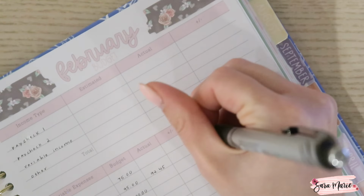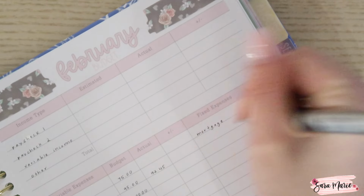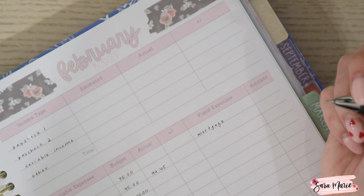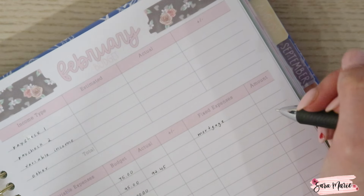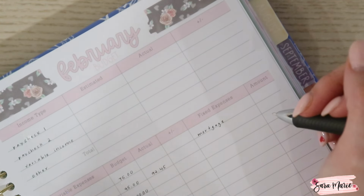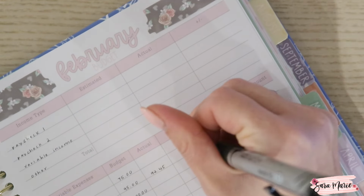So first we have our mortgage. Talked about this a bunch, but we are working on paying that off. So the amount that you guys will see is our base mortgage amount, which includes our principal, interest, also our escrow and everything that goes along with that, plus an additional extra mortgage payment. We do 2 extra mortgage payments every single month. One is with our automatic payment that pays our mortgage, and then the other one's an extra one depending on our results at the end of the day. So that's that. And then we have internet,